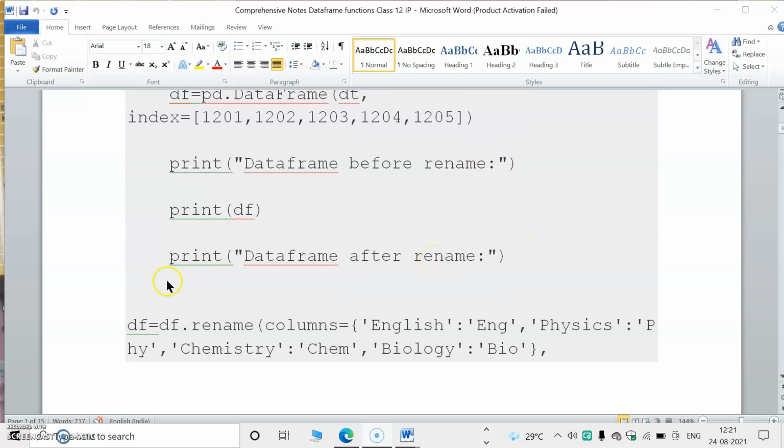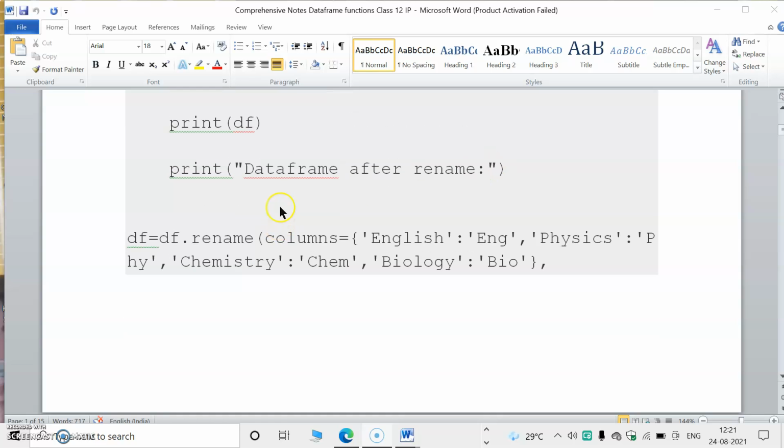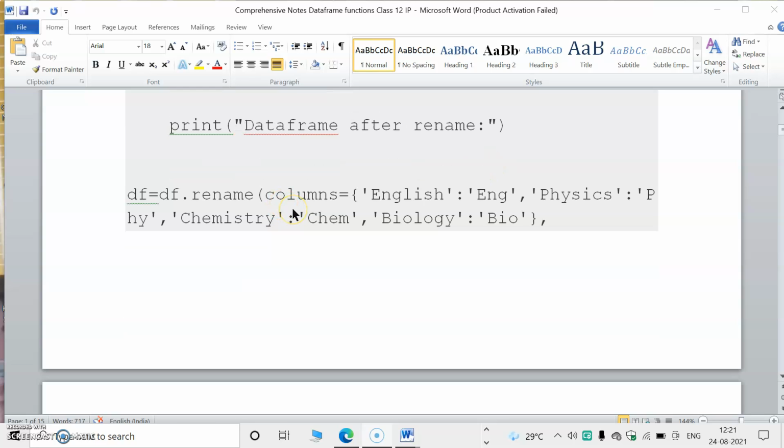So our data frame is printed before rename, and if we want to change the name we have to use the rename function. So data frame object dot rename, then columns. The previous column is English, so this English is passed as the key and colon ENG is passed as the value. So instead of English the column label becomes ENG, instead of physics PHY, instead of chemistry CHEM, and so on.